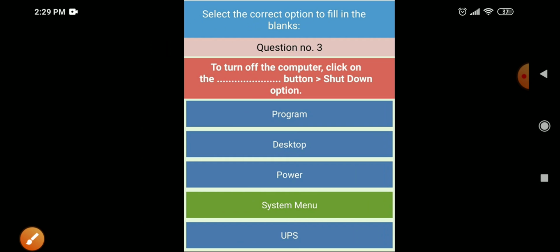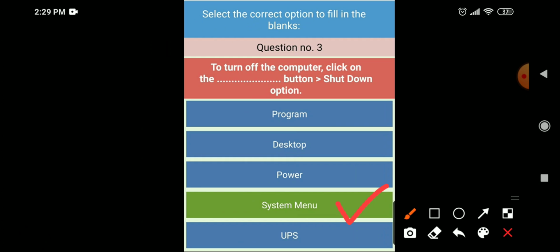Third question: to turn off the computer, click on the dash button and into it shut down option. So first we will click on the system menu. In the system menu there will be a shutdown option.